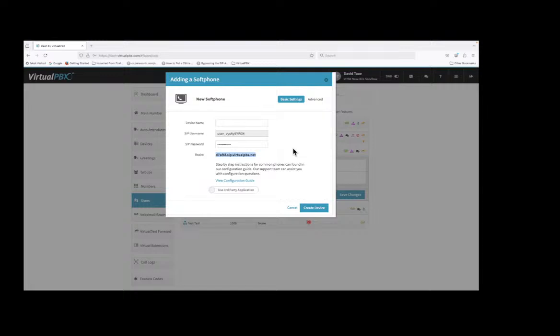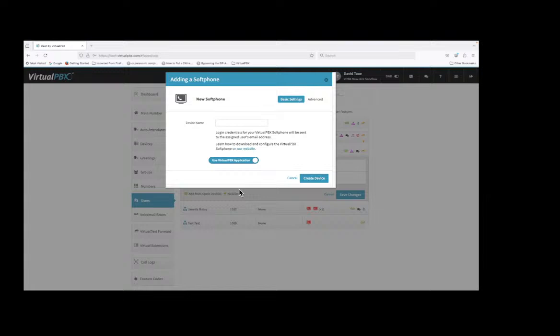Now, if you want to use a VirtualPBX soft phone, you don't need to go through all that. Instead, down here below where it says View Configuration Guide, you see it says Use Third-Party Application. If you click on that, because it's a toggle, it now says Use VirtualPBX Application. So now, all you need to do is give it a name, right, under Device Name, and then click on Create Device,